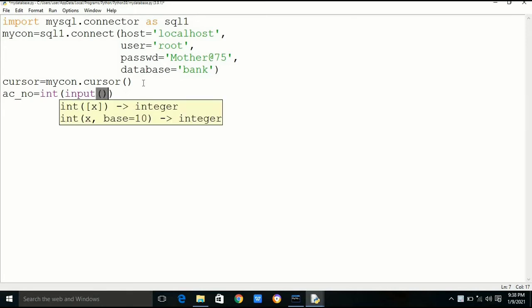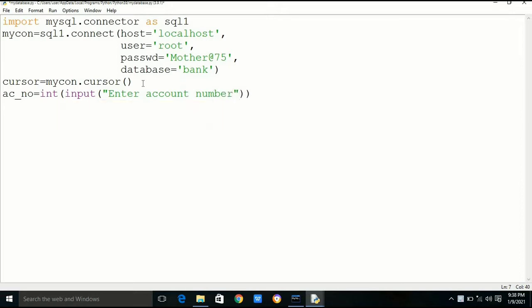To execute parameterized queries in MySQL connector connection, we need to form SQL query strings that include values of the parameters. As in any Python program, we are asking data from the user. Here we are asking account number, which is of integer type, int input, enter account number, account name, which is string type.